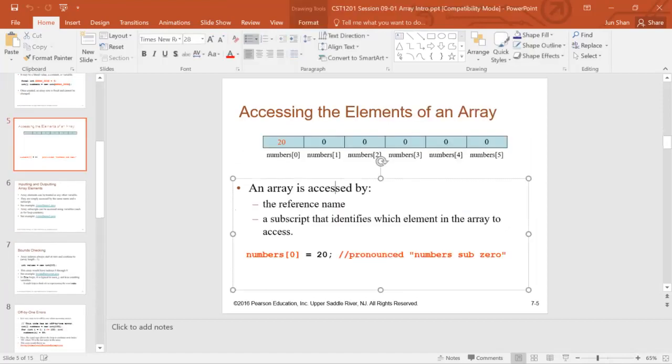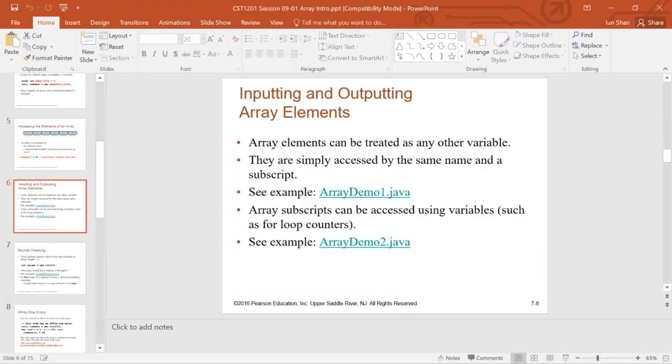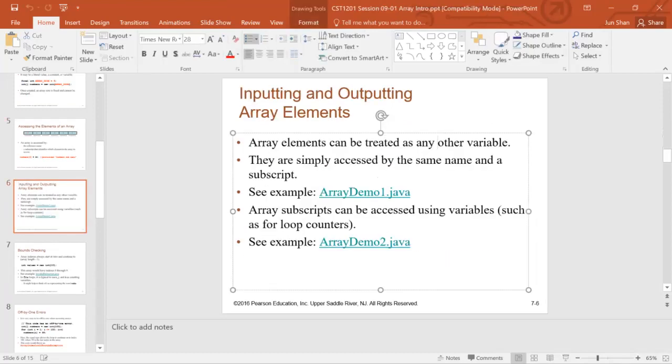An array is accessed by the reference name and the subscript that identifies which element you want to use. And remember, it starts with 0. An array element can be treated as any other variable. They are simply accessed by the same name and the subscript. So let's bring up